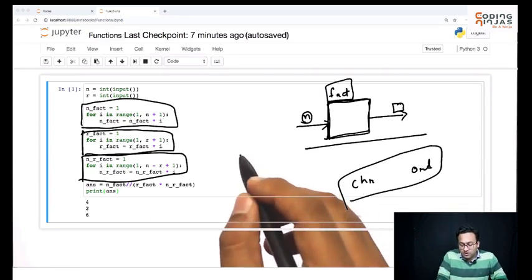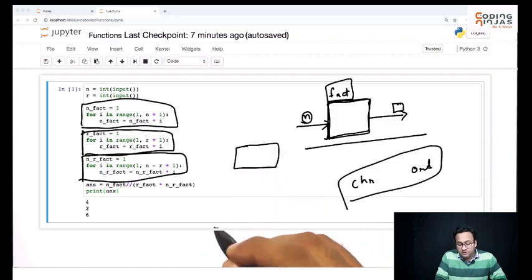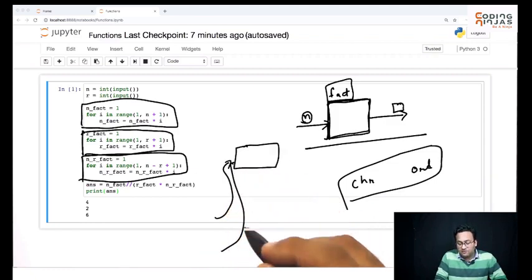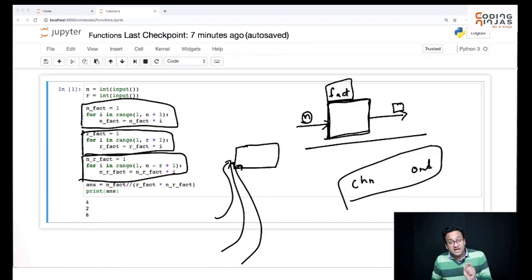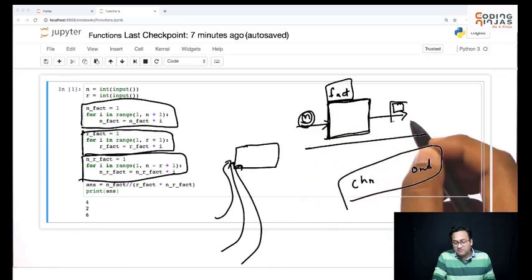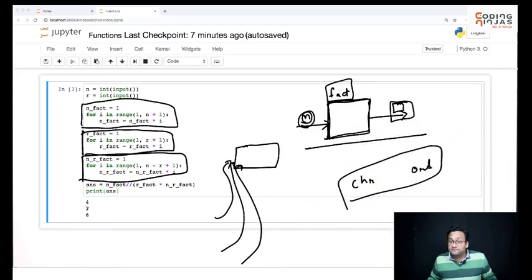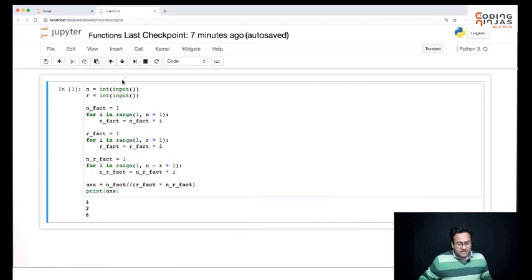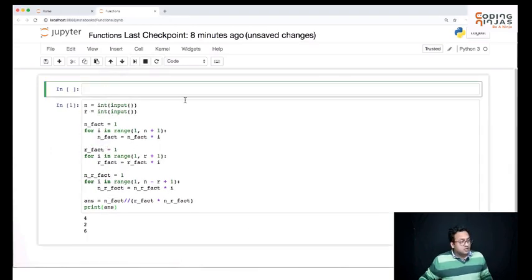Functions allow you to create a block of code which you can call from anywhere. They will take an input from you and they will give you an output back. Okay, that's why we need functions. That's how we are going to use functions in our code. Okay, perfect. So how do we write a function? So to write a function, this is the syntax that we need to use.